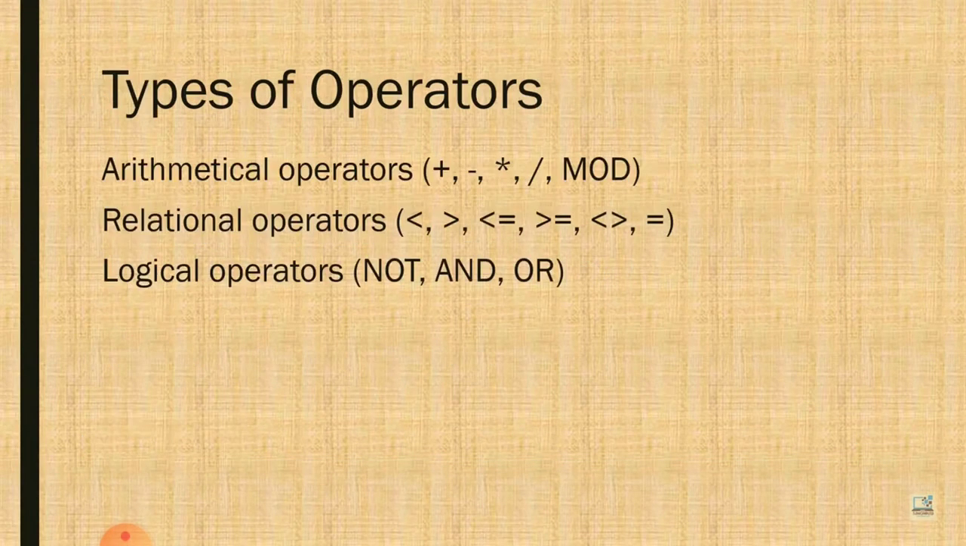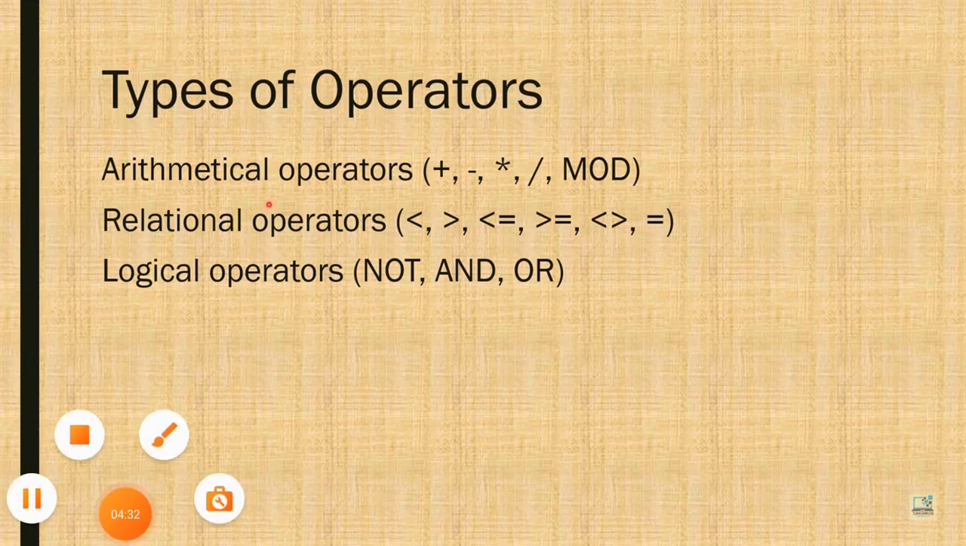Next is, how many types of operators do we have? In QBasic we have three types of operators. First is the arithmetical operators: plus, minus, multiplication,